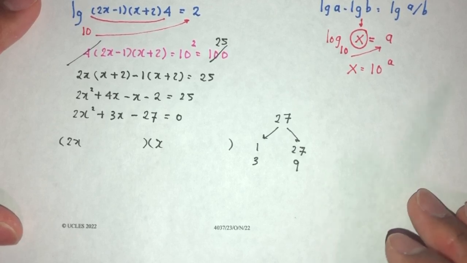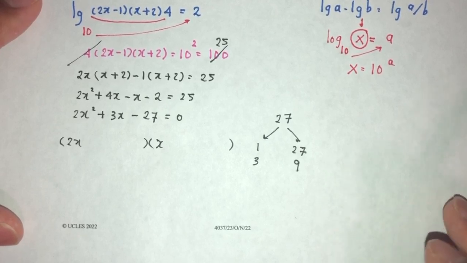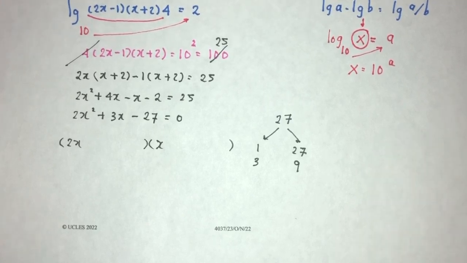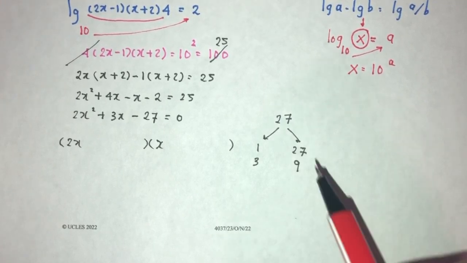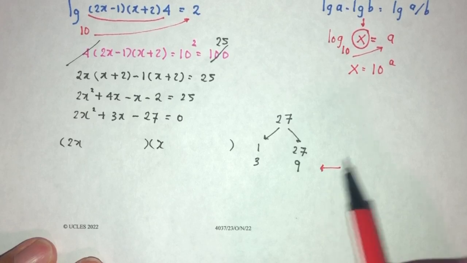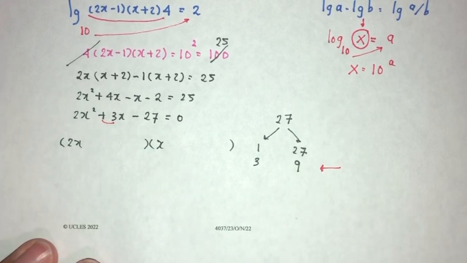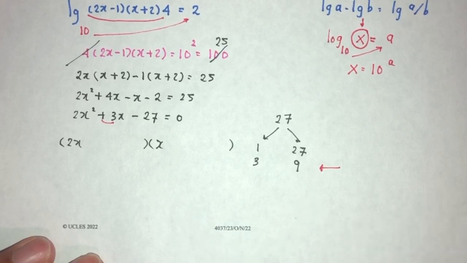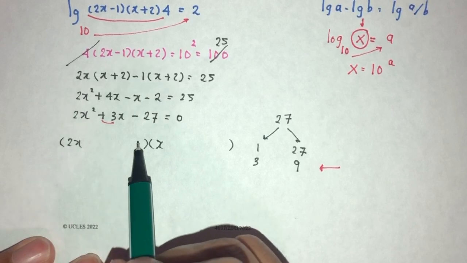I don't think so. Well, that should be pretty much it. Now we have to use this one to help us find the value of x, plus 3, by factorization. Again, if you don't know how to factorize, you can always use your formula for quadratic equations. To get plus 3, I have to have plus 9